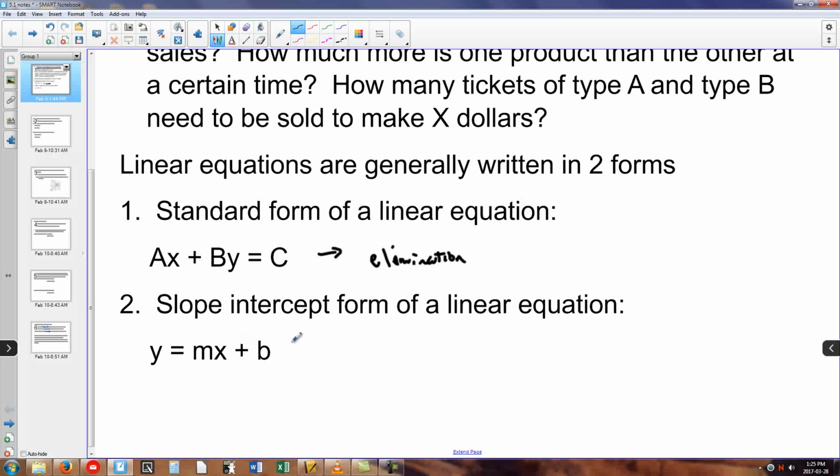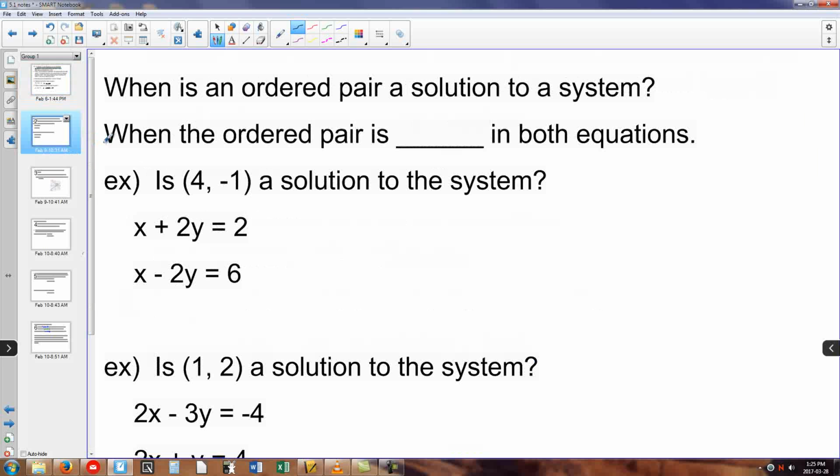The other is slope-intercept. When we're here, we're going to typically look for substitution. That's a little bit more common. The other option is to graph it. Okay, so just looking at the format of the equations, that can sometimes give us an indication as to which method we should choose. To say that an ordered pair, like 4, -1 here, is a solution,